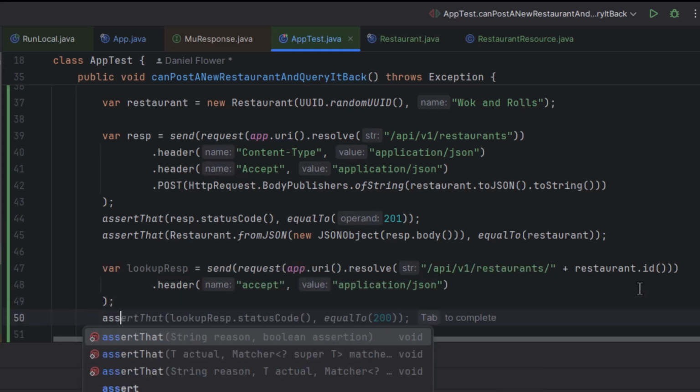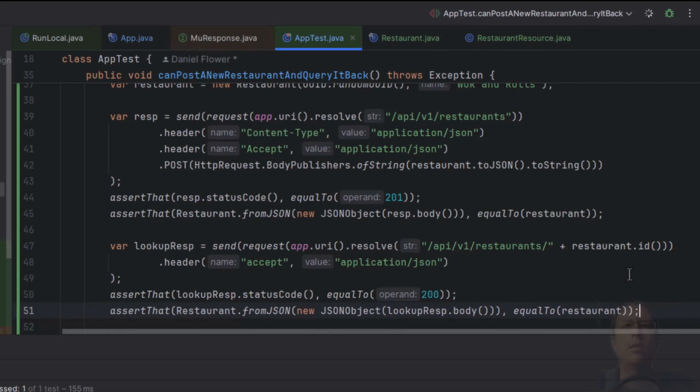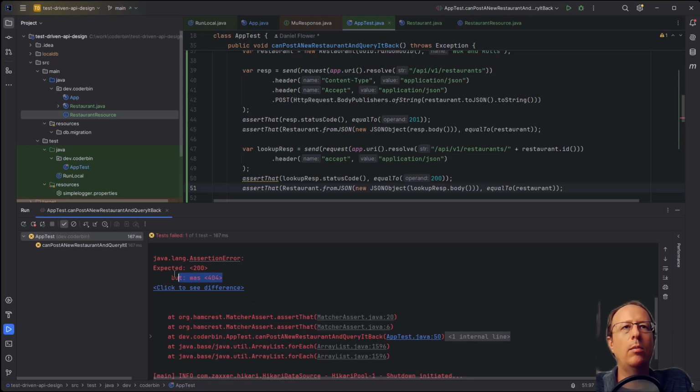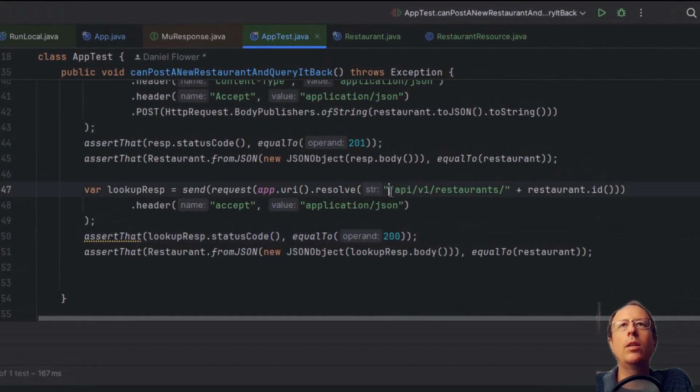In this endpoint, we should get a 200 back, and we should be able to create a new restaurant from the returned JSON, just like that. Now, if I run this, the test fails as expected. We get a 404. So we need to add this new endpoint, which is a GET to API v1 restaurant/ID.